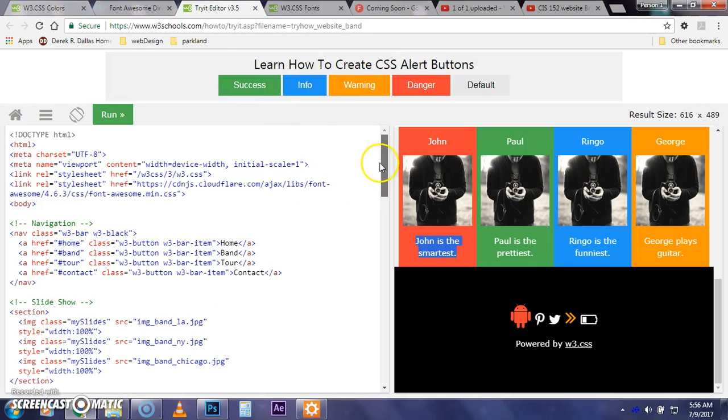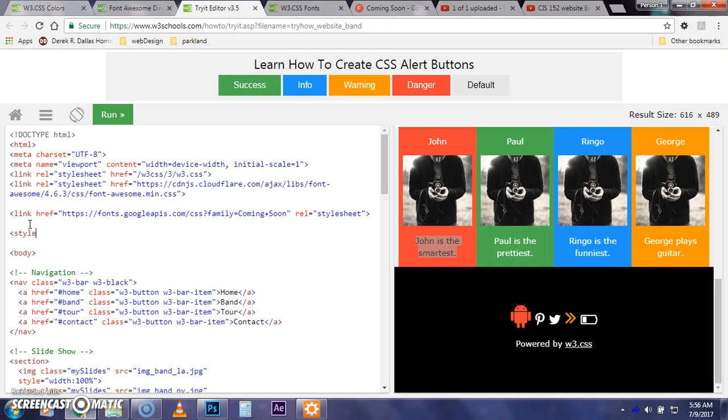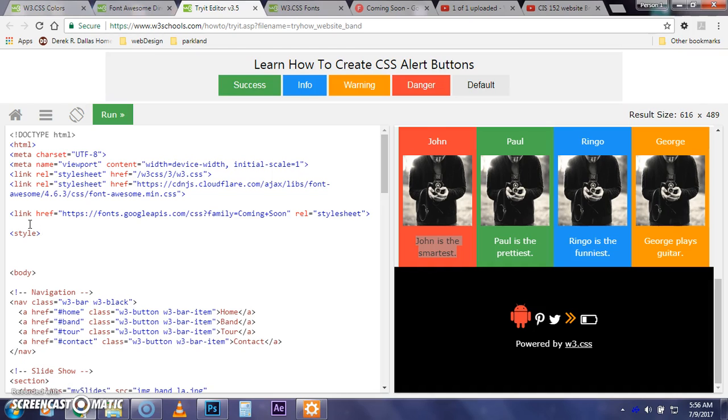And this is where we're working. I'm going to be working up in the head region, so my head region is going to be up here. Here's my Font Awesome section. So I put in this link right here. Now, when I want to use it, I have to make a style. So I'm going to put in a style, or I can add this to my CSS. And I need to make a style, and I'm going to call this